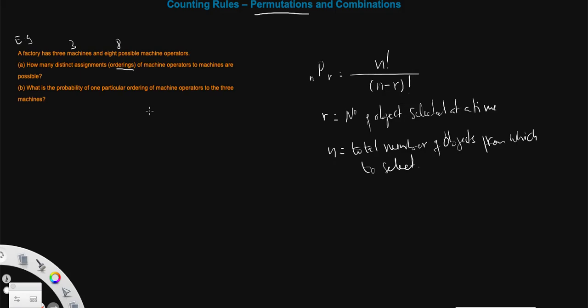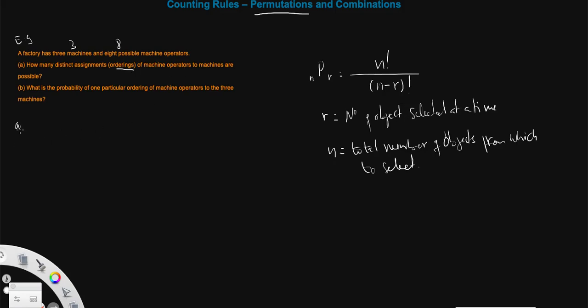Okay. And the second question is, what's the probability of having one particular ordering of operators to the 3 machines? Okay. So yeah, reading that, one particular ordering, sorry. So